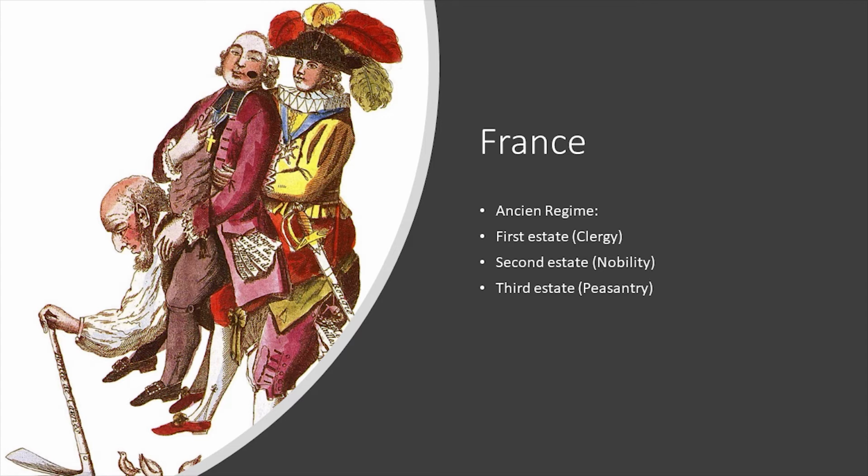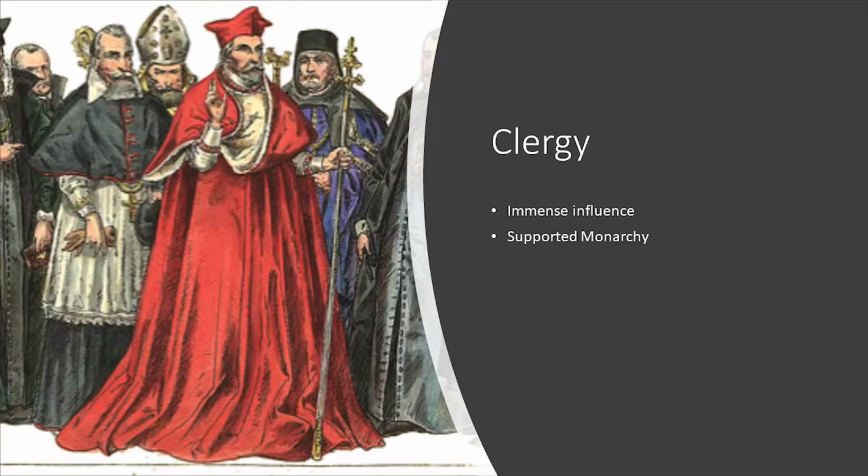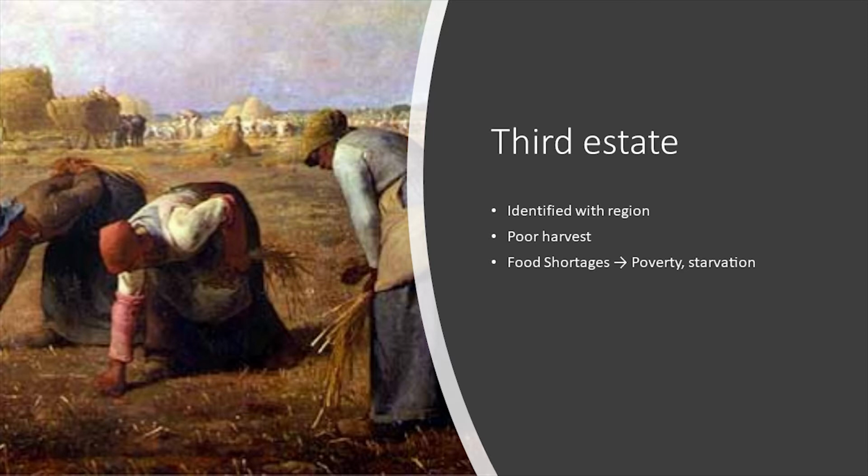There are many causes of the French Revolution, which we can categorize in two categories: the long-term causes and the short-term causes or triggers. Some long-term causes were that the king maintained considerable authority. Second, the nobles enjoyed privileges, including low to no taxes, and being able to party all the time on behalf of the peasantry's tax money. The Roman Catholic Church also had an immense influence and used its power to support the monarchy. The population also identified themselves more with their region than their country.